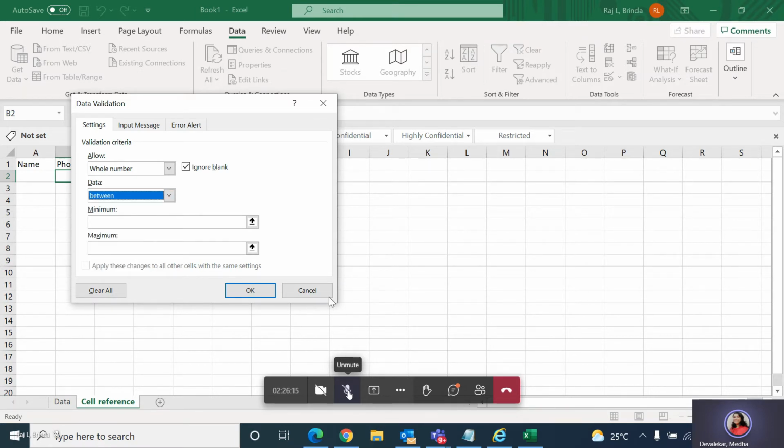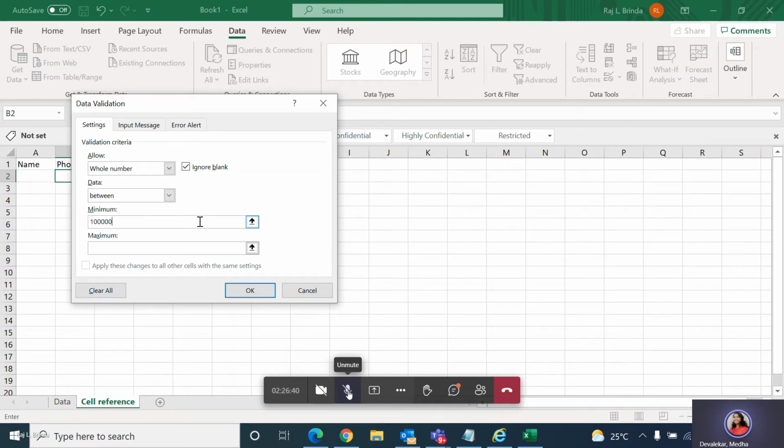Give the minimum. In minimum, put 10,000. Ma'am, it's a phone number, so the minimum should be a 10-digit number.